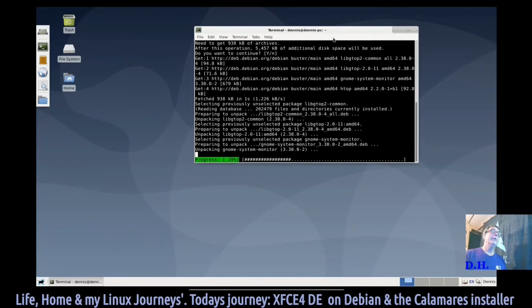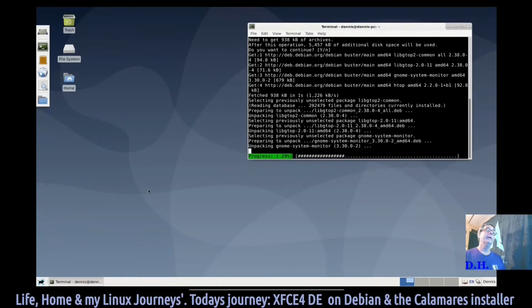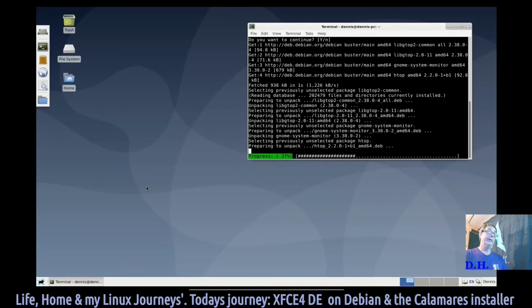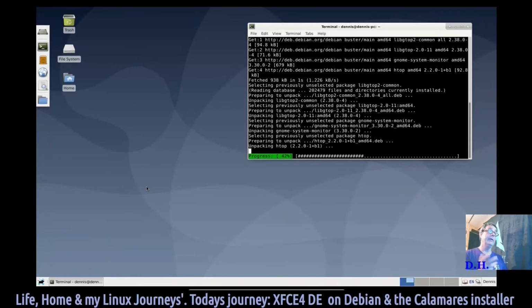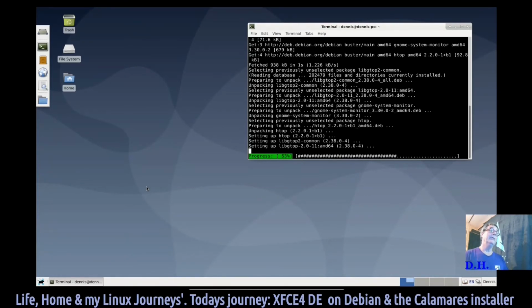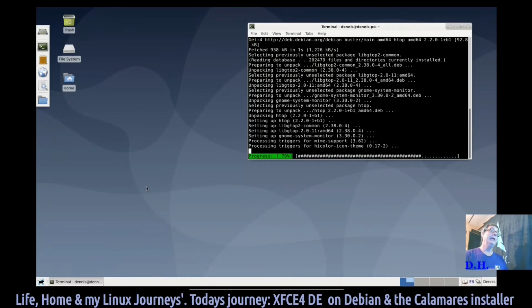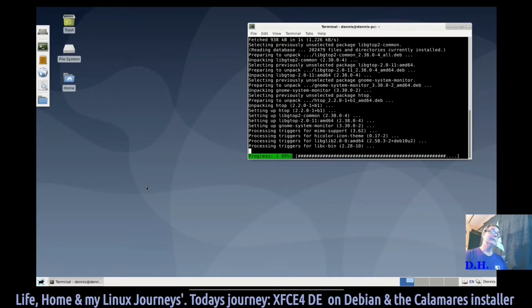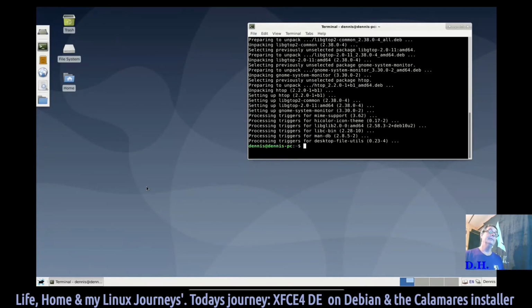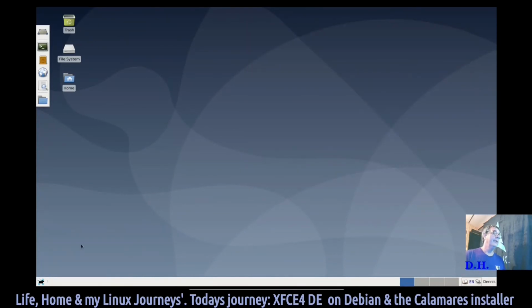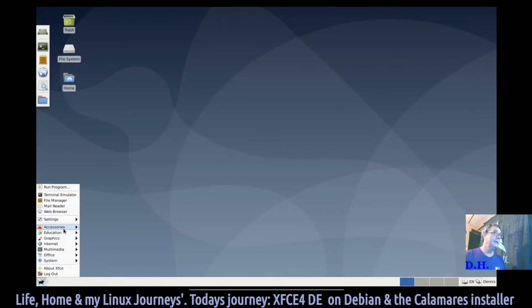Debian is slower, apparently, to upgrade their packages or repositories. And that's one of the beautiful things about Debian. It's very stable. And if you don't have to have the bleeding, newest, cutting-edge software, Debian is probably the operating system for you. All right. Let's see what it did with